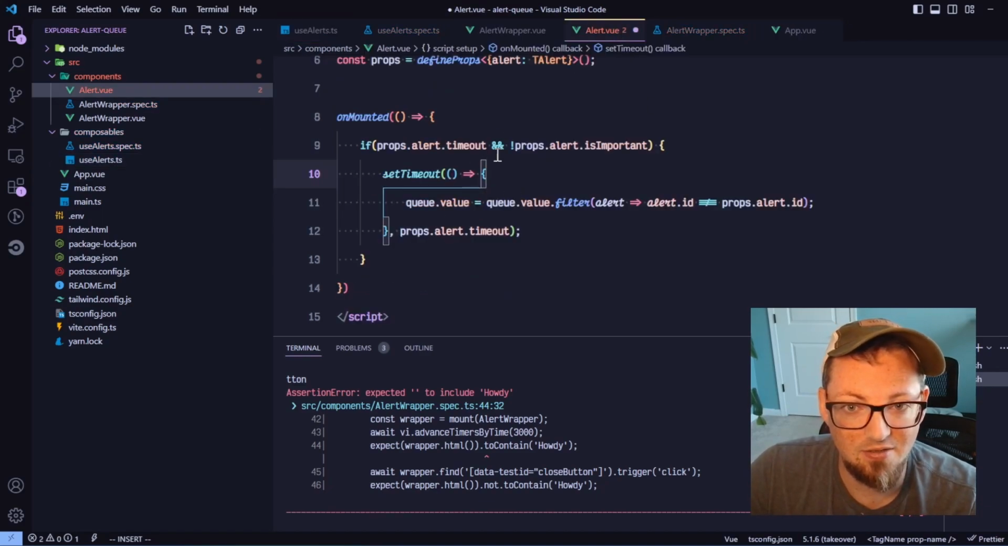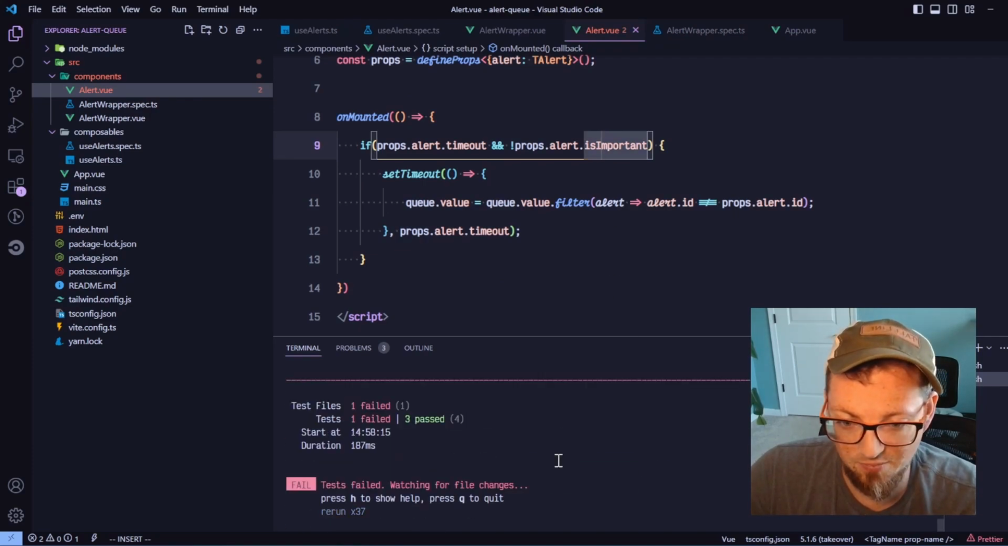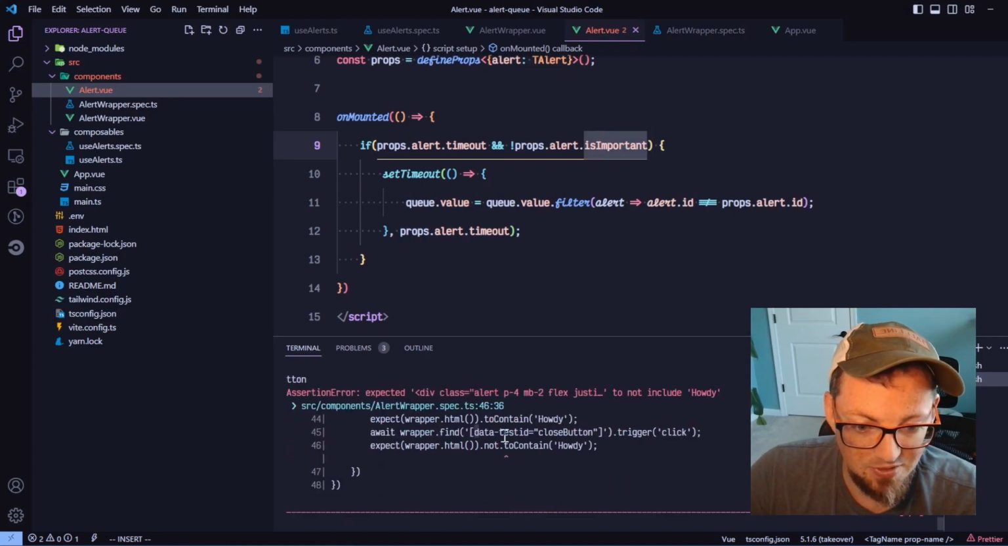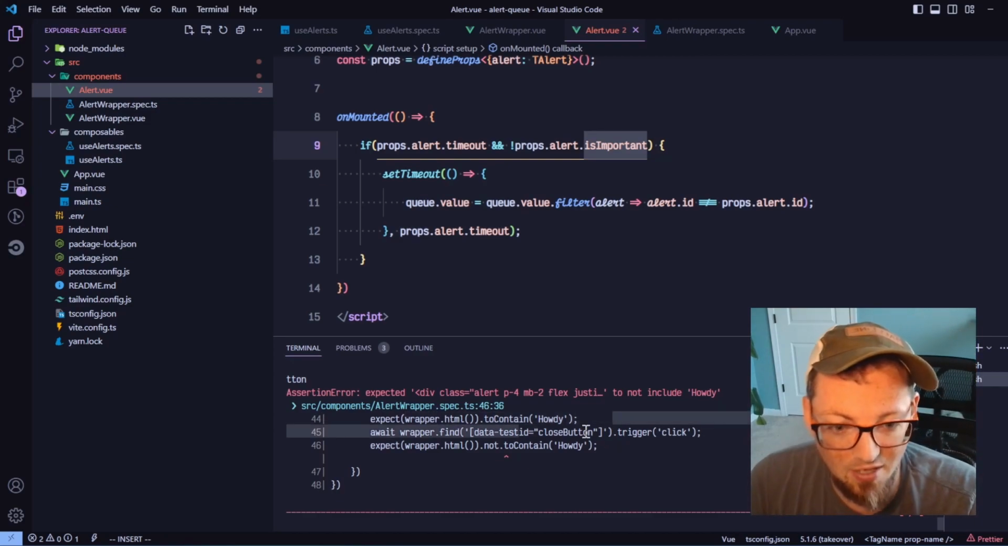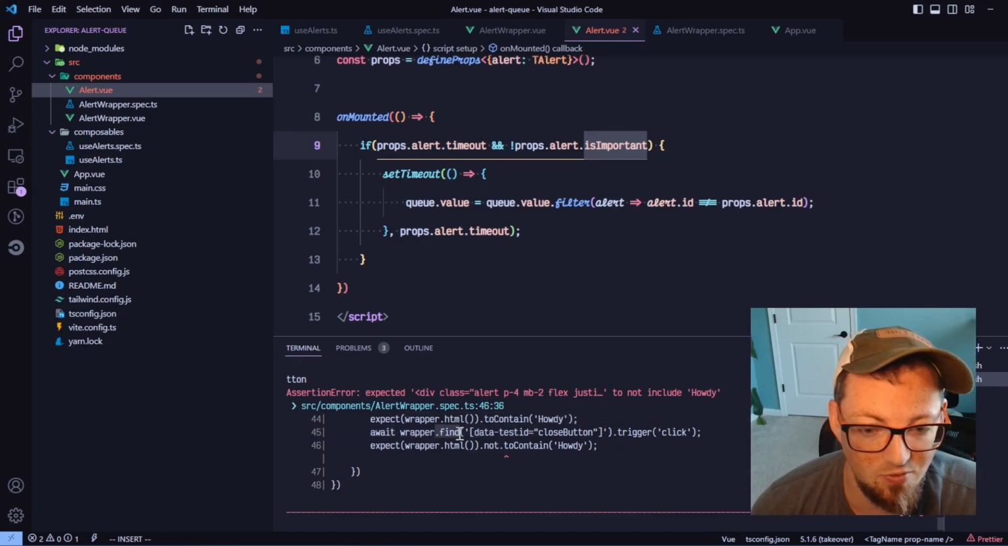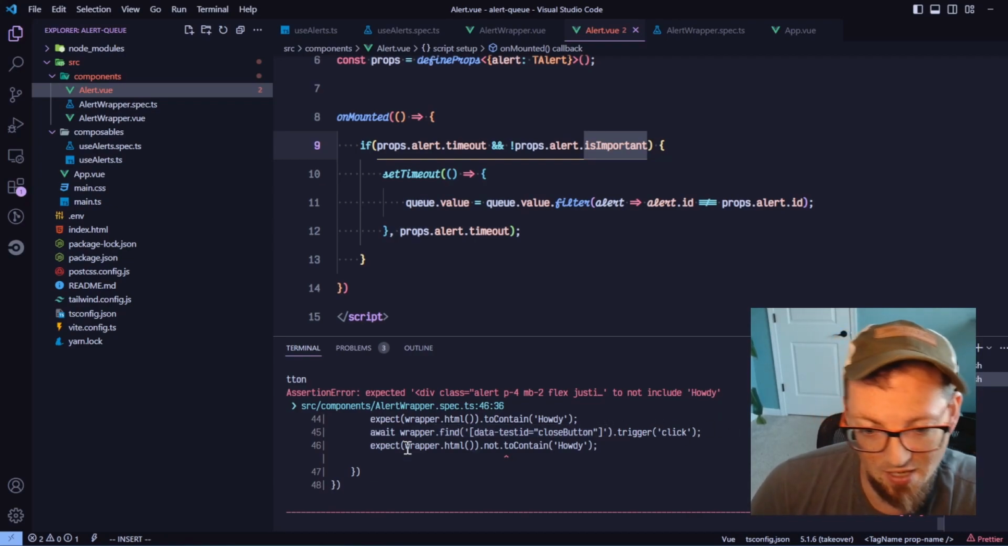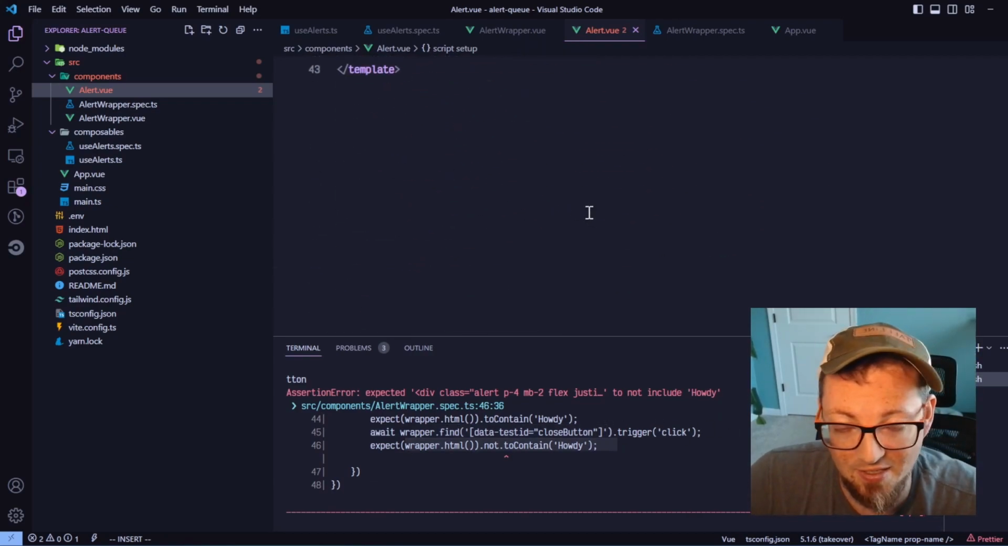Now we come back here, and we can see that important is a Boolean. Save, come down, and yeah, we had that trigger. We found it, it still exists. We're trying to find that close button. It was found because it didn't throw an error here, triggering the click on it, but it didn't do anything. That's because